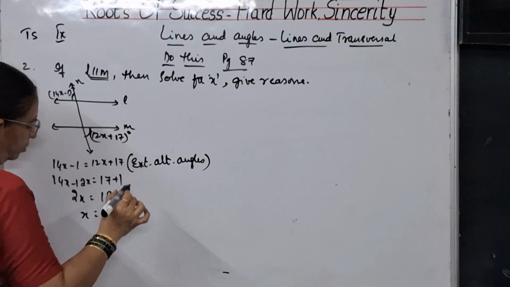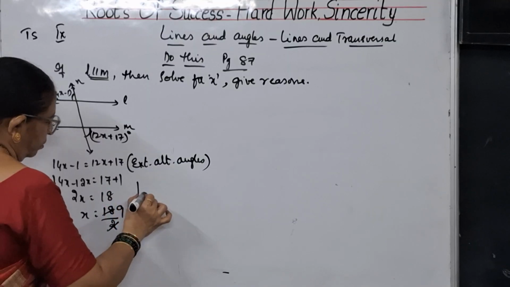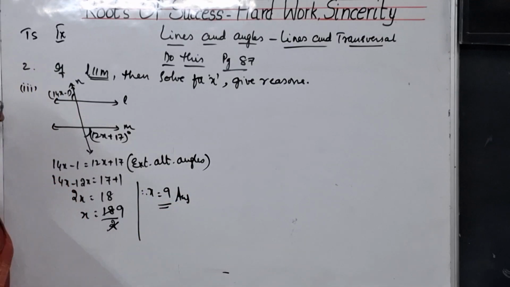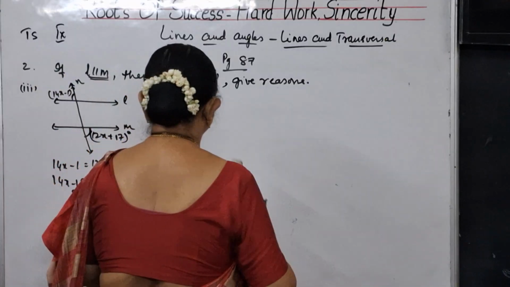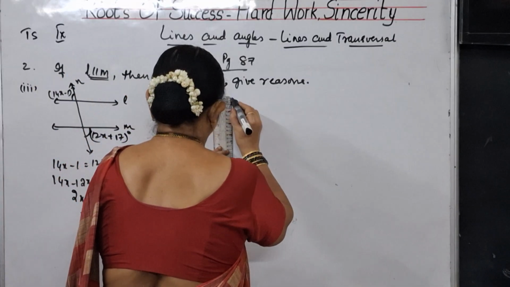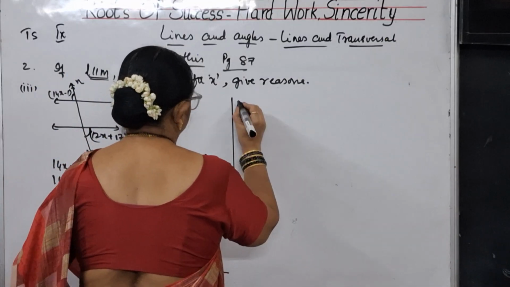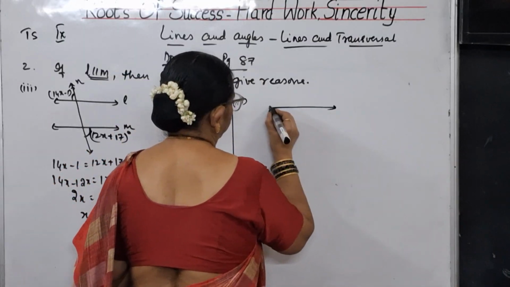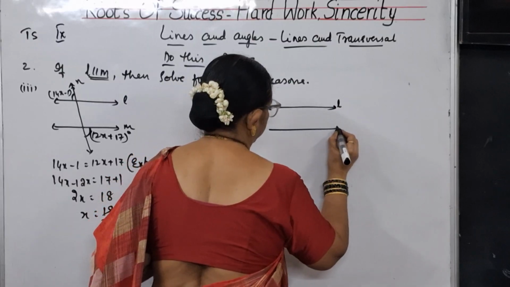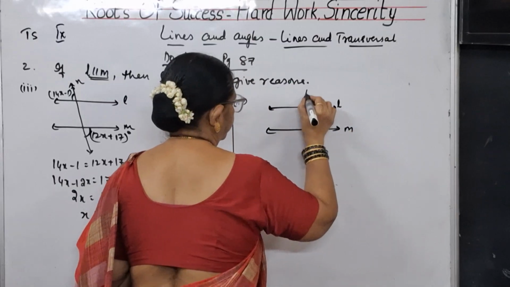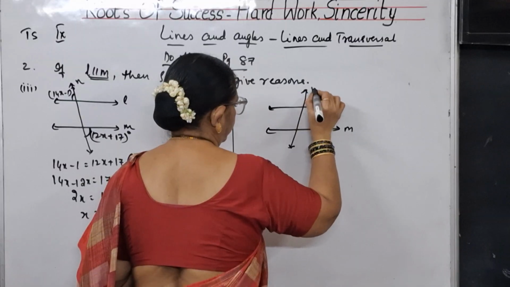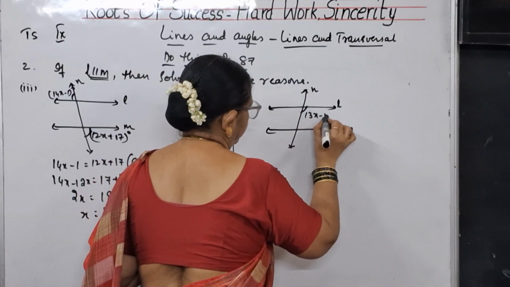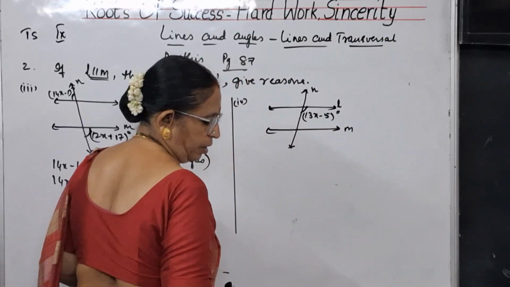2 nines are 18. So x is equal to 9 is the answer for this problem. Now let us see the fourth bit. Again you have got L and M. N is the transversal. 13x minus 5 degrees and